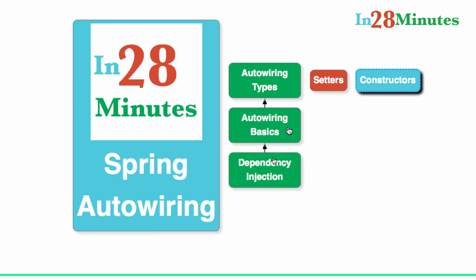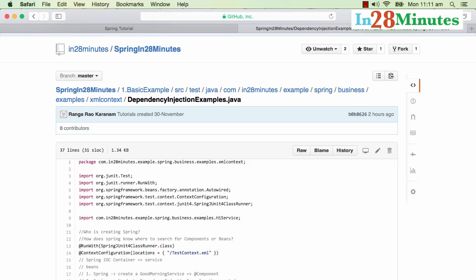We try to understand the basics of autowiring, and then we would move on to the types of autowiring, like setters, constructors, and also by using reflection. So how autowiring is done, what are the different ways in which you can do autowiring in Spring. The specific class which we would be using in this particular example is DependencyInjectionExamples, which is in the